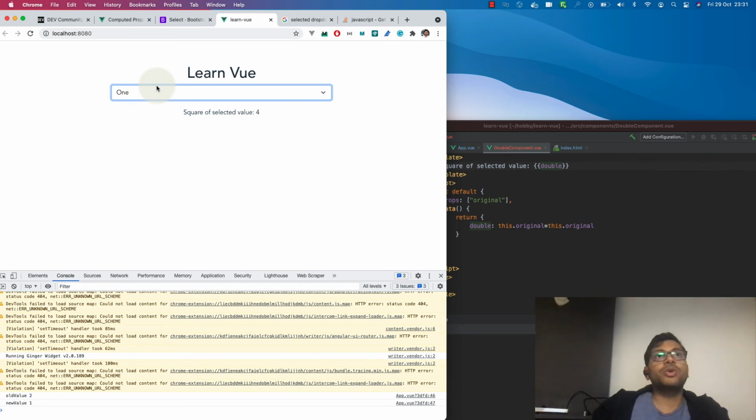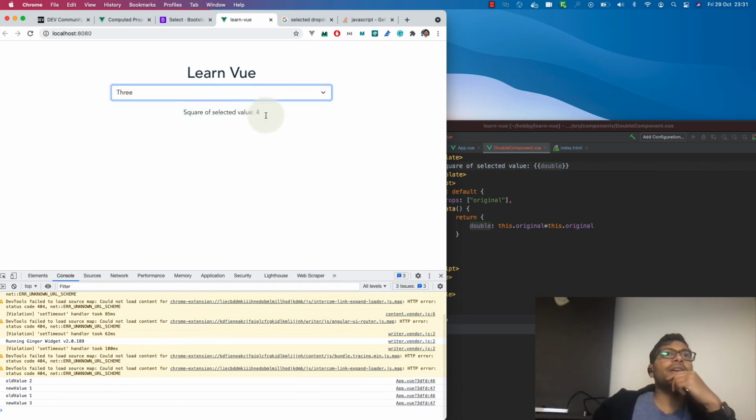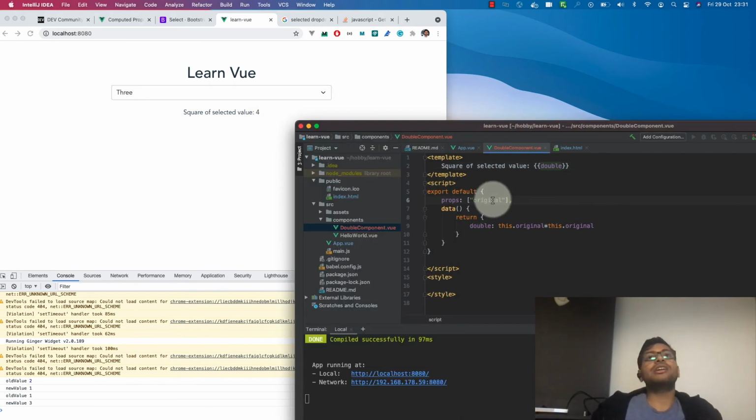But the thing is, when we change it to 1 or 3, this value doesn't get updated, because once the param is passed from parent to the child, when it changes, this value won't be updated.